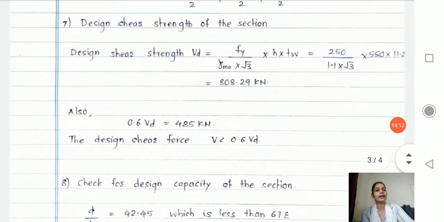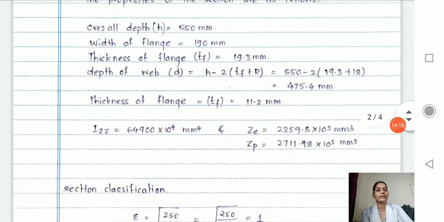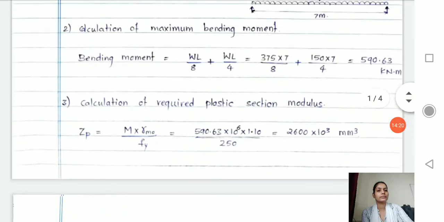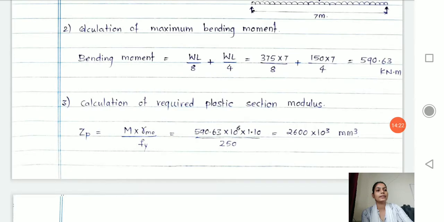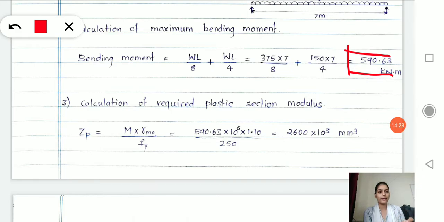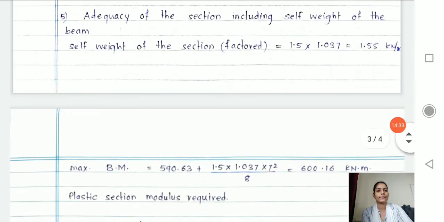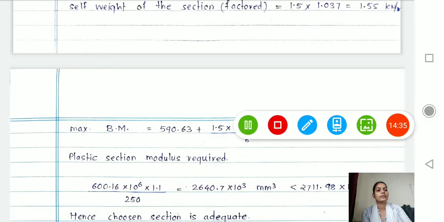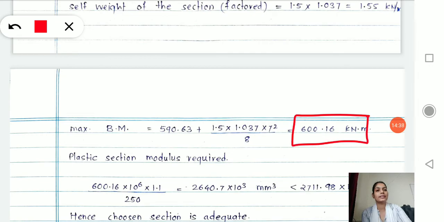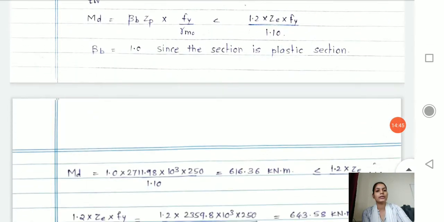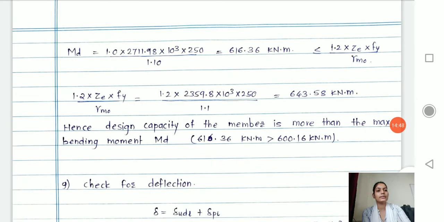See here, in the beginning of our problem, we already calculated the bending moment. We calculated it twice: one excluding self weight and the other including self weight. See here, this is including self weight. So this is the maximum value of bending moment required, and what is provided by our section, that we have checked. We have already calculated that value as